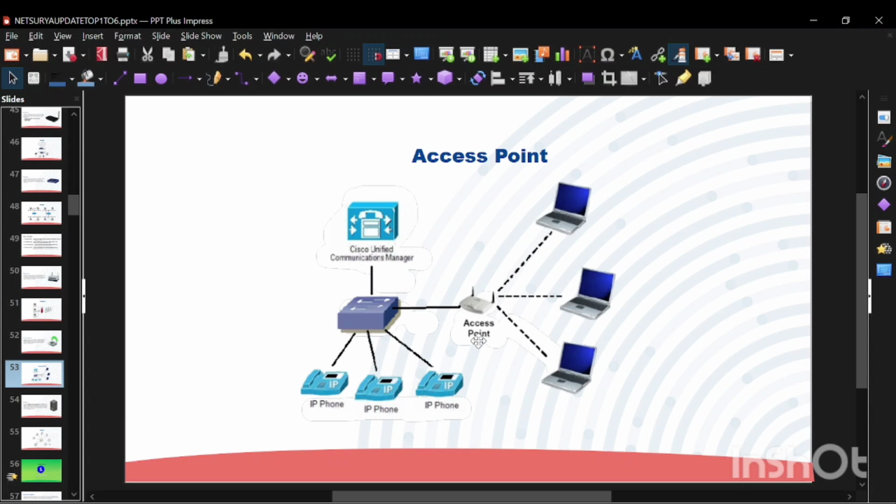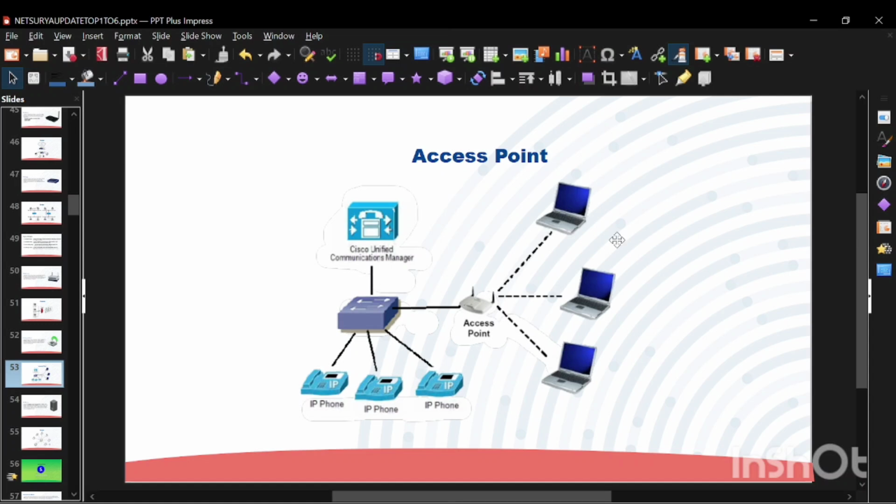In the center, we have an access point connected to the switch. This access point acts like your wireless hub, and on the right side, we see a laptop connected to the access point using Wi-Fi wireless. Both devices are connected to each other.